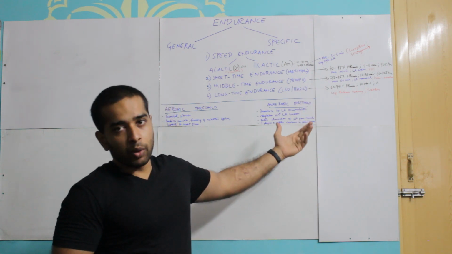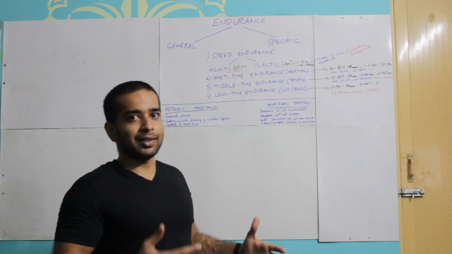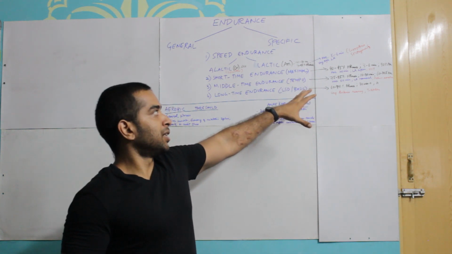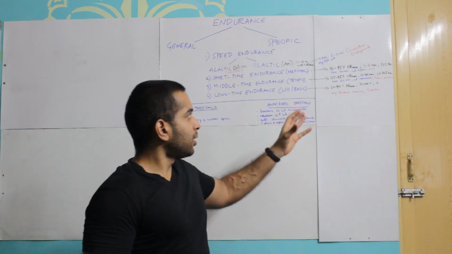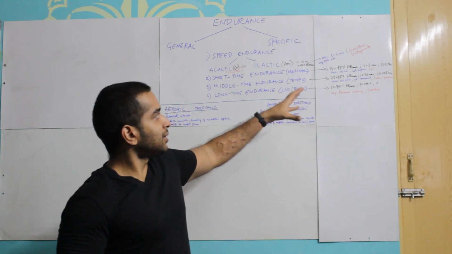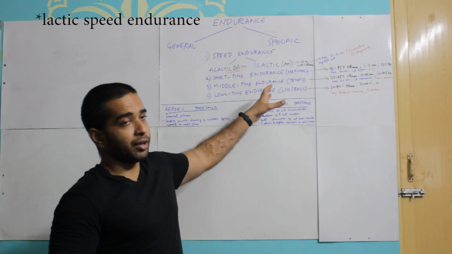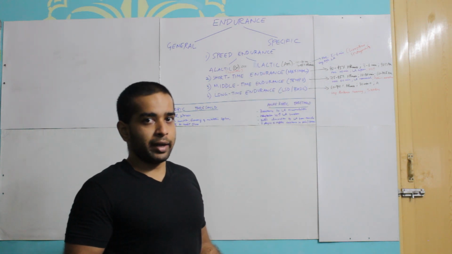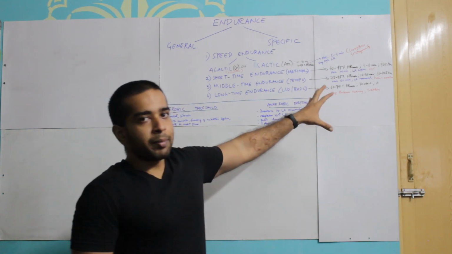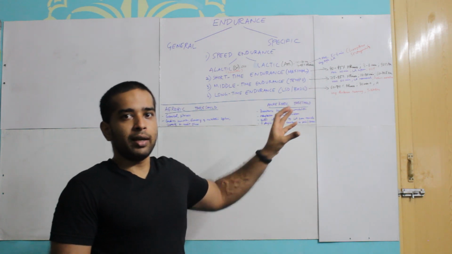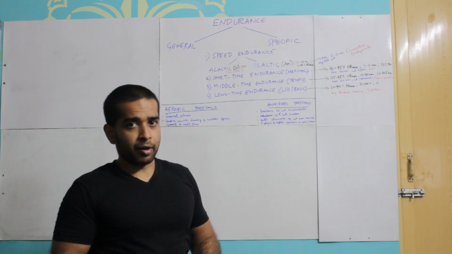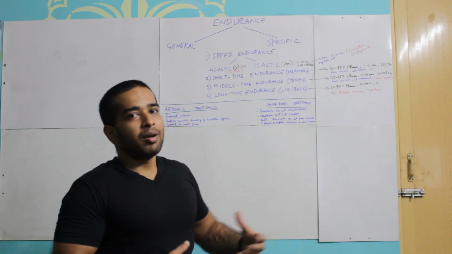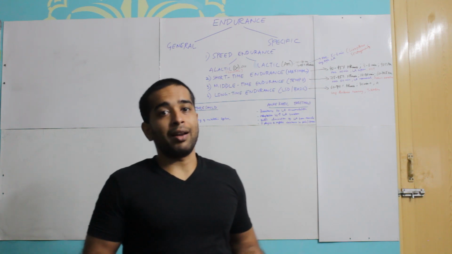And the maximum you can do it for without lactic acid inhibiting your ability of your muscles is for 60 minutes. The lactic acid accumulation is nominal here. It's not as high as it is in maximal endurance or in lactic acid endurance, but as time progresses, it will take a toll on the body. 60 to 70% of the energy is provided through the anaerobic system, and the remaining 30 to 40% is provided by the aerobic system. Think of medium distance marathon runners here.